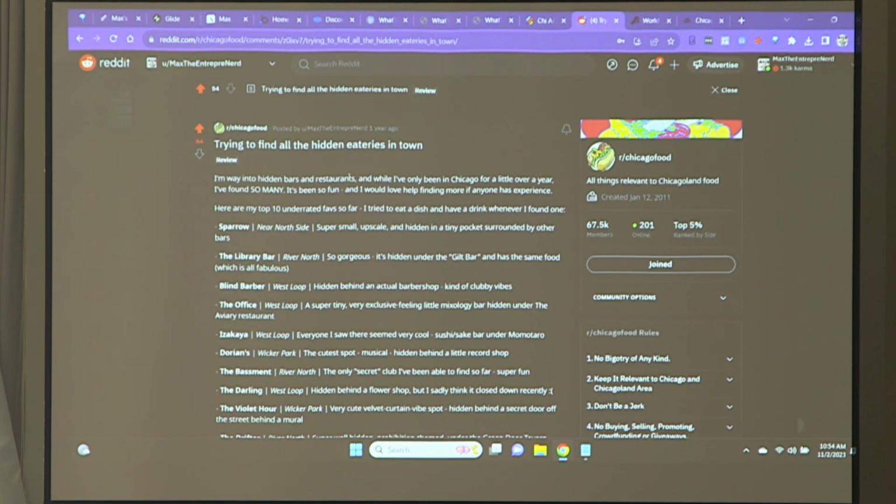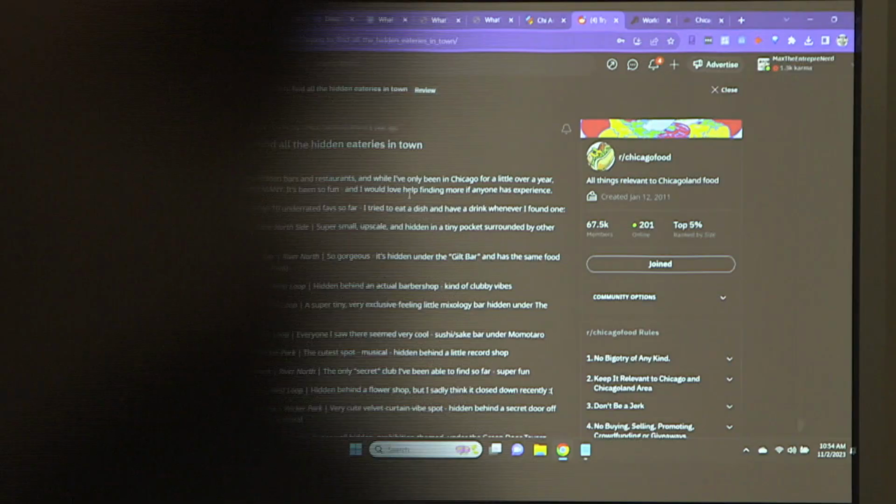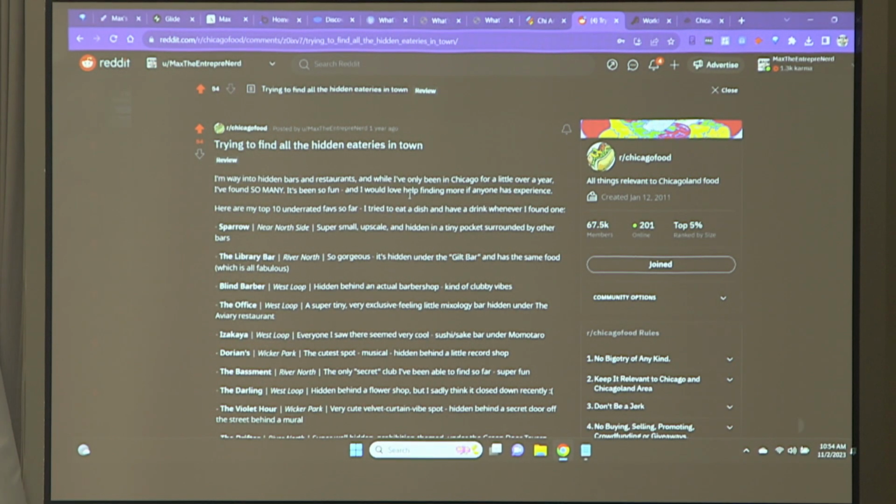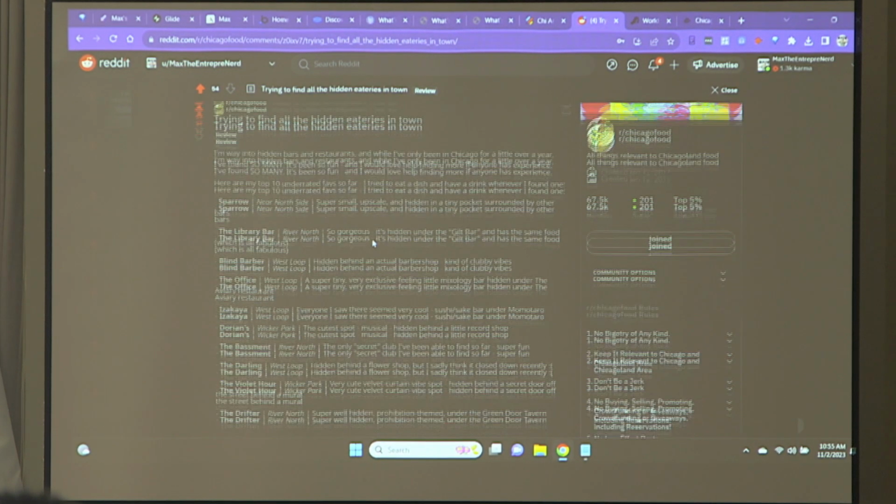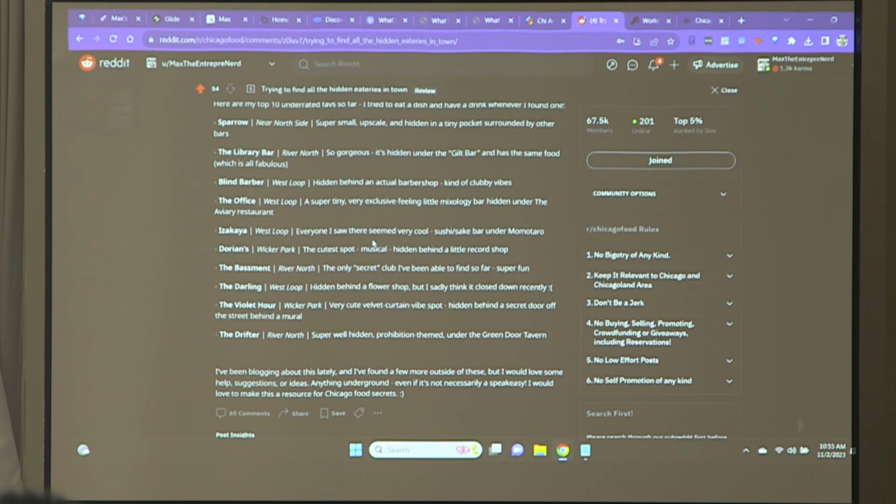So on r/ChicagoFood, I posted trying to find all the hidden eateries in town. I knew them all. I did my research for 3 weeks. I was just Googling how to find these different places, posting on Reddit, asking questions. I have a massive list. I was very, very doubtful that this was genuinely going to get people to recommend me something I hadn't already seen. But I was asking a question to disguise my self-promotion as a genuine community, which is a little scheming, but people were still really interested in this. People got a lot of value out of my post.